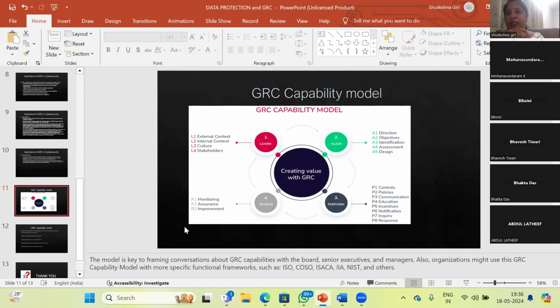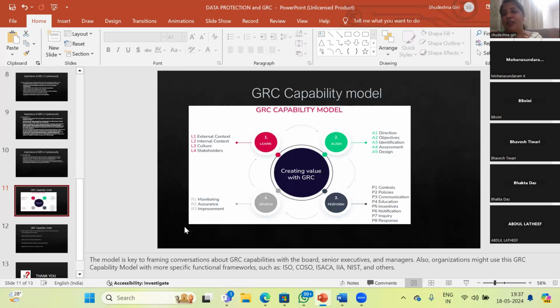Now you perform, then you practice them. During the practice, you make policies and communicate all this to the organization. Various trainings are conducted to make sure that these are the policies, these are the processes we have to abide by. Once you perform this, you review them. The review can be done with the help of internal reviews or an audit, anything you may name it, but it has to be done to make sure that your objectives are met, and it gives confidence to the organization that there is no malicious trait for the data which you are maintaining, or your customer should be happy at the end of this governance GRC model.